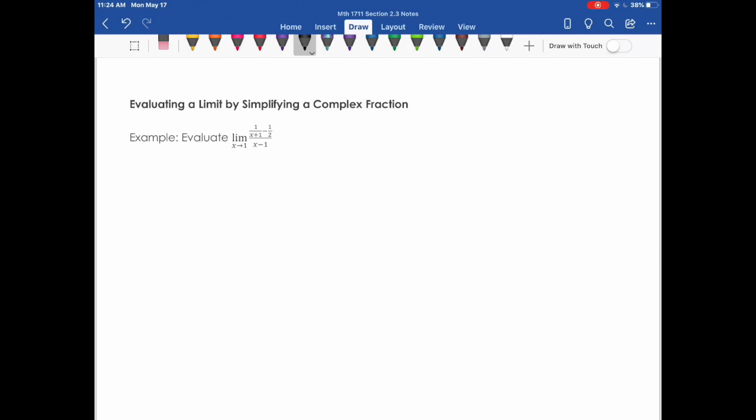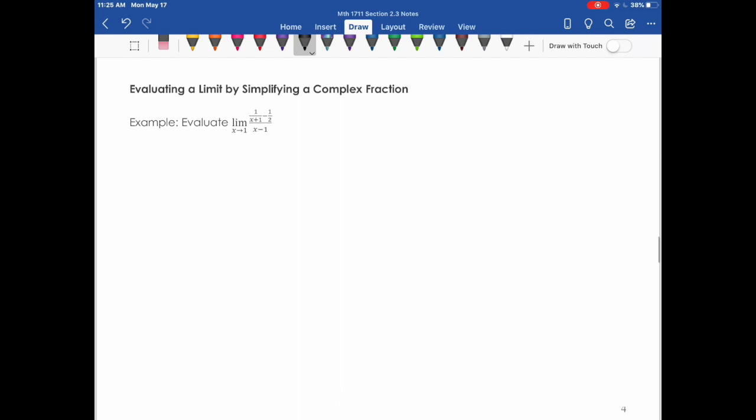Now we're going to evaluate a limit in which we can show you how you can use the simplification of complex fractions to find a limit when you run into the problem of getting 0 in the denominator. So if you notice in this example, I have the problem of getting 0 in the denominator if I use direct substitution with the limit laws. So I need to use some algebra manipulation to figure out a way to determine the limit without going into direct substitution right away. So I'm going to take my expression and see if I can manipulate it a little bit